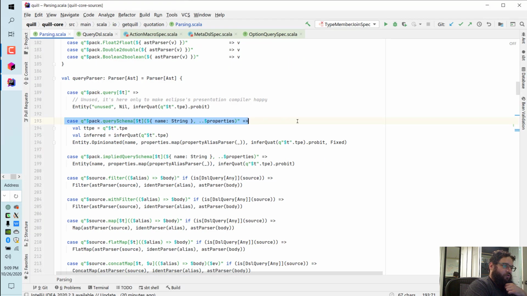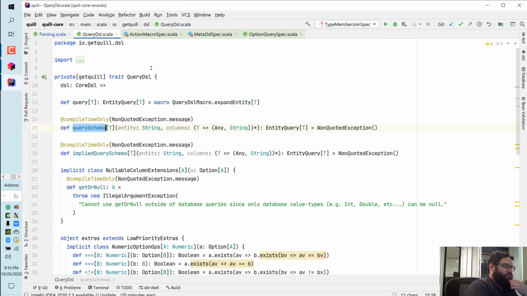Voila! Right here. That's what parses this construct. Ooh, except for the fact that you have these properties here. What are they? Well, first of all, if we go back to the definition,